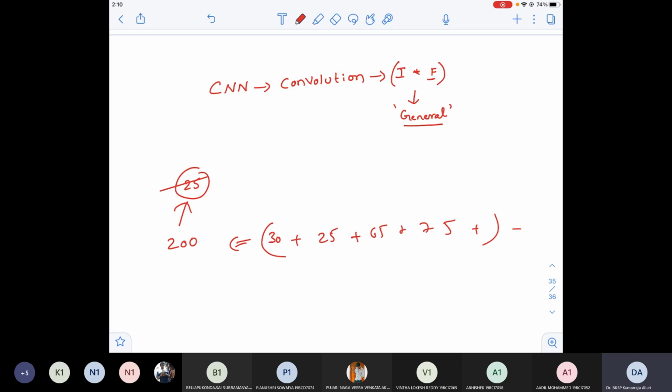But the thing is, you cannot give equal priority. Here the equal priority is 1 into 35, 1 into 30, 1 into 25, 1 into 65, 1 into 75. You cannot give equal priority to all my neighboring pixels. Instead, let us give 0.5 here, 0.7 here, 0.1 here, 0.3 here. So let me give some weightage to my neighbors. Accordingly, I'll try to have the understanding. That is the basic idea of a filter. These are nothing but filter pixels or filter weights. That is what we discussed in the last class.